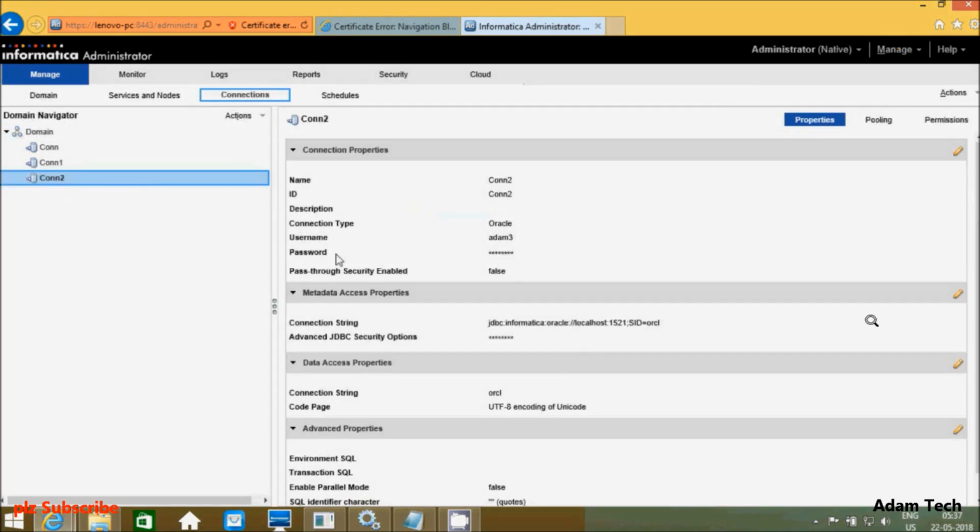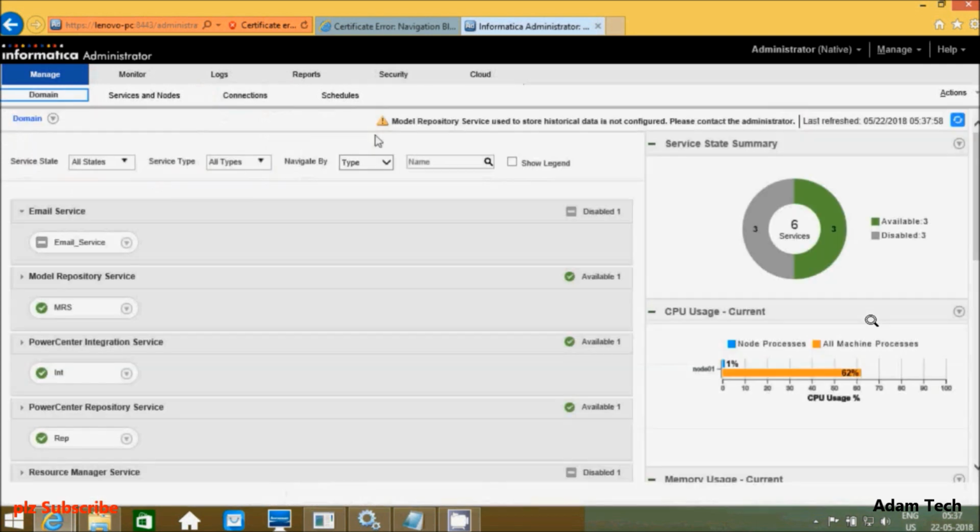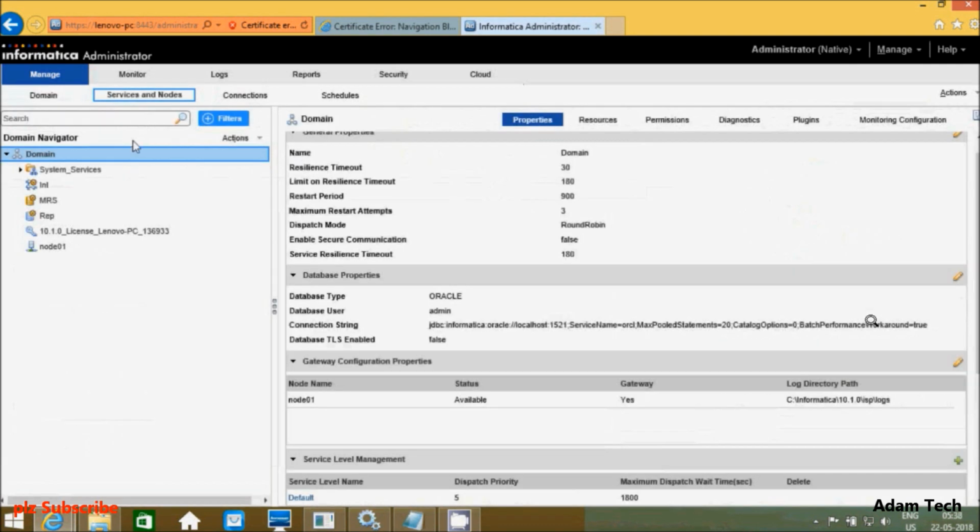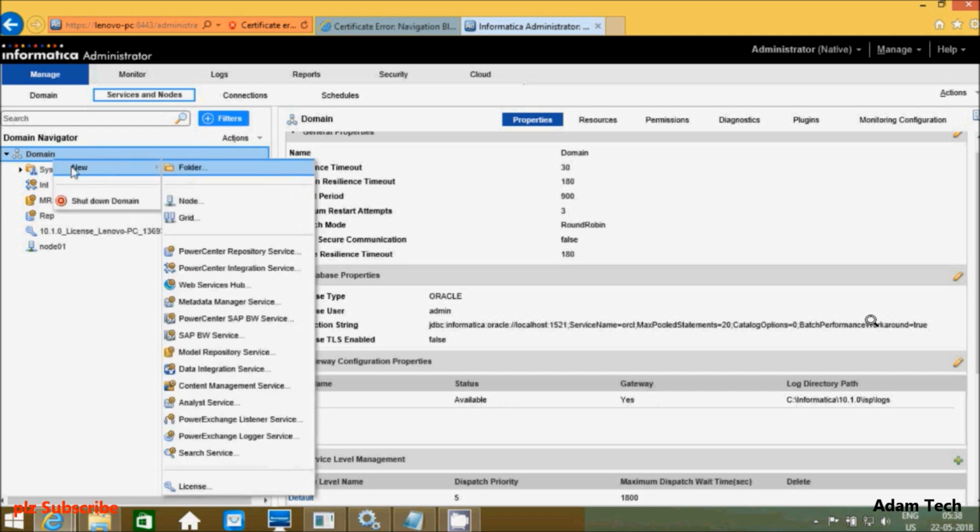So after creating con1, con2 connection, let's go to service and nodes, and hereafter right click on domain, and